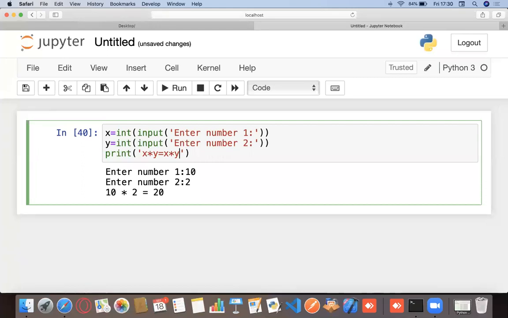And to be honest, there is a way, and it's called the F string or the formatted strings. So right now, all we did is we learned about passing something in the print function. But there's this special type of string. We call it F string. It's a feature in Python. And right now, what I can do is something like this. Let's see what it does, and I'll explain it to you guys.